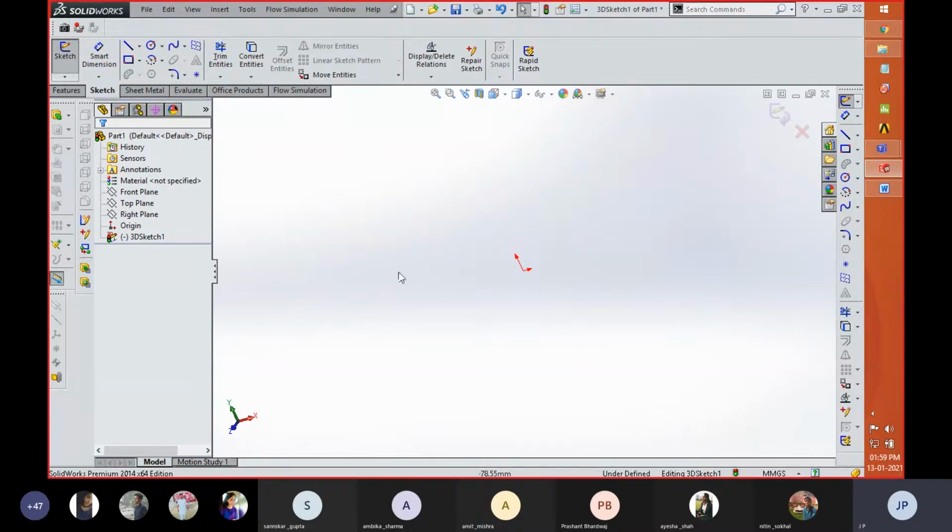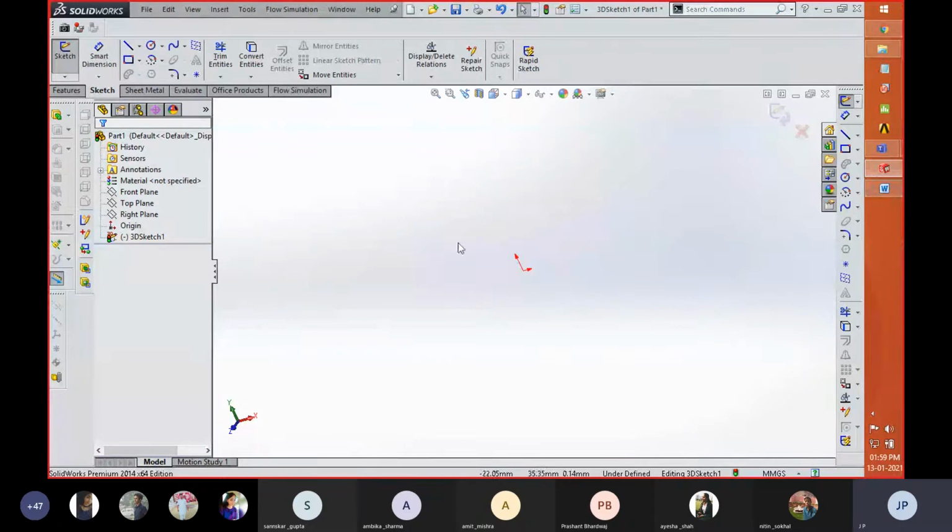The other thing is that all of you have already studied the engineering drawing subject, in which whenever we create any view of any component, there are different planes that we discuss. If we are discussing views, there are three views of an object: top view, right view, and front view.